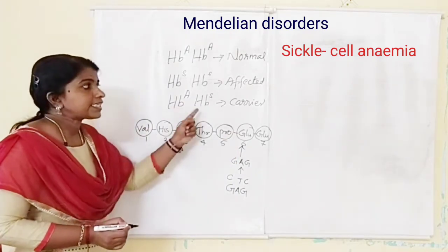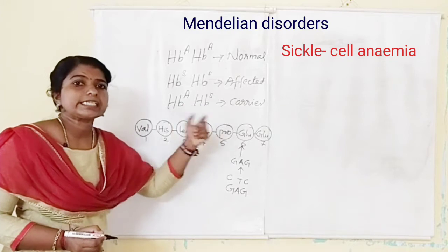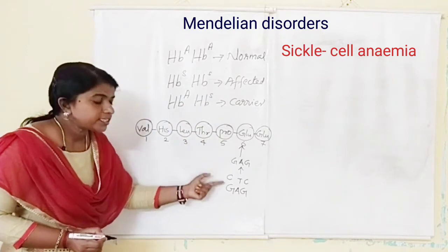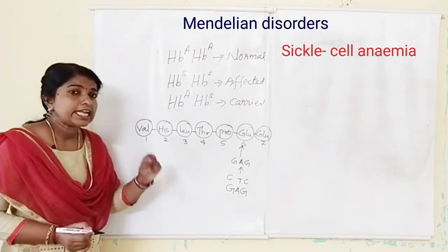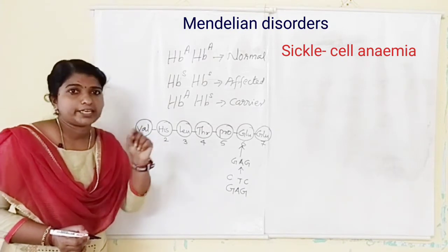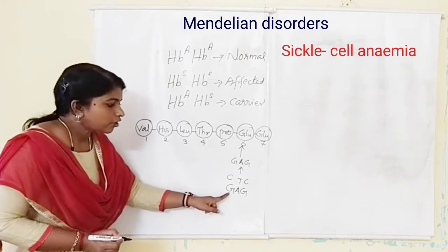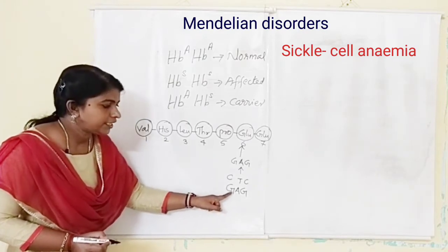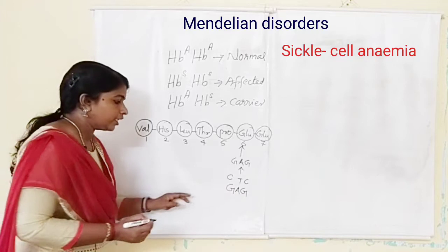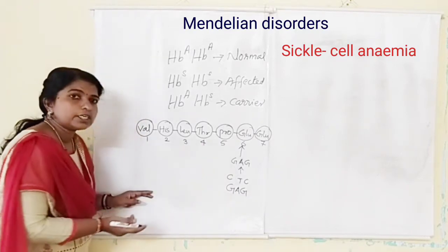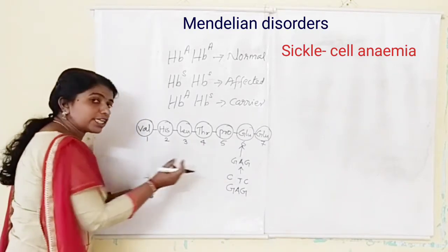But when it is affected, when it is sickle cell anemic, what's the change happening here? There is a single base change. It is an example of point mutation. Instead of GAG, as in the normal,